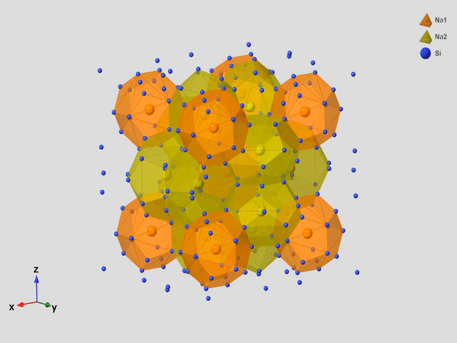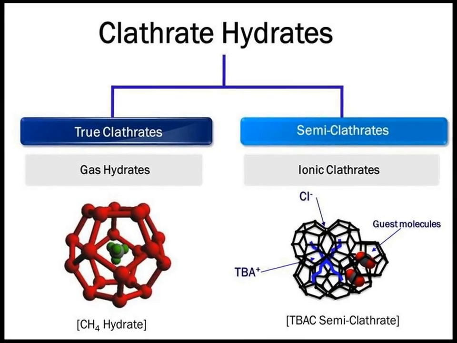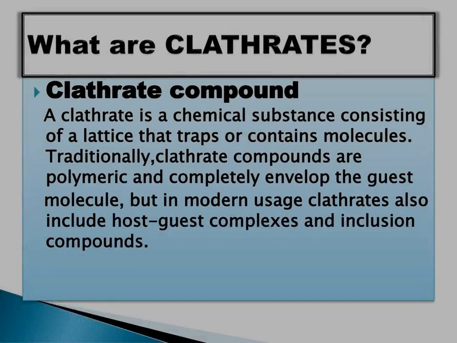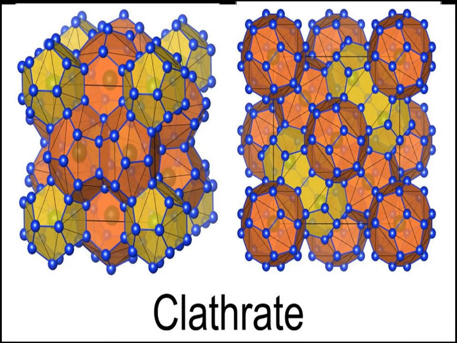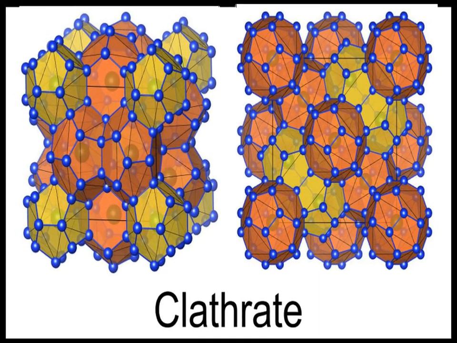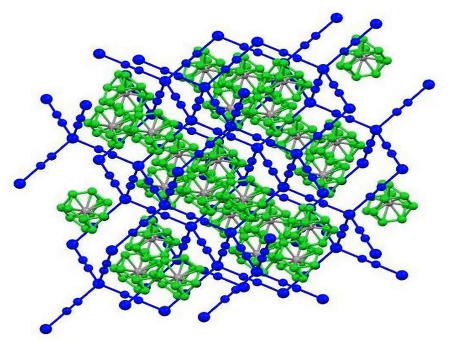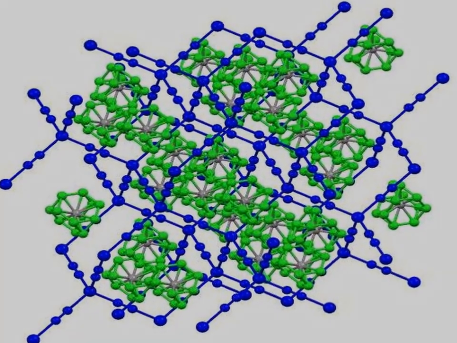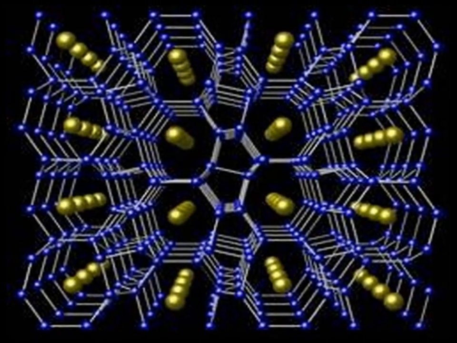Inorganic clathrates, particularly silicon-based or germanium-based clathrates, are the subject of significant scientific interest due to their unique combination of electrical conductivity and low thermal conductivity. These materials typically have a framework of group 14 elements, Si, Ge, or Sn, often stabilized by alkaline earth or alkali metal atoms occupying the cage interiors. A prominent example is Ba8Ga16Ge30, a type I clathrate, where barium atoms are trapped inside a framework made of gallium and germanium. These materials exhibit phonon glass electron crystal behavior, meaning they conduct electricity like a crystal but impede heat flow like a glass.